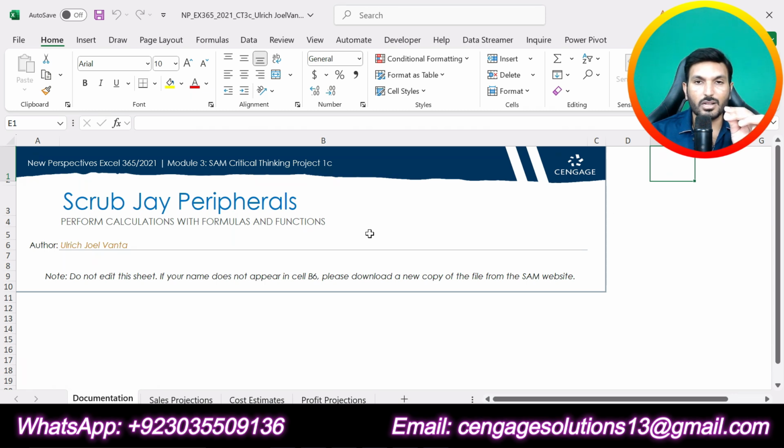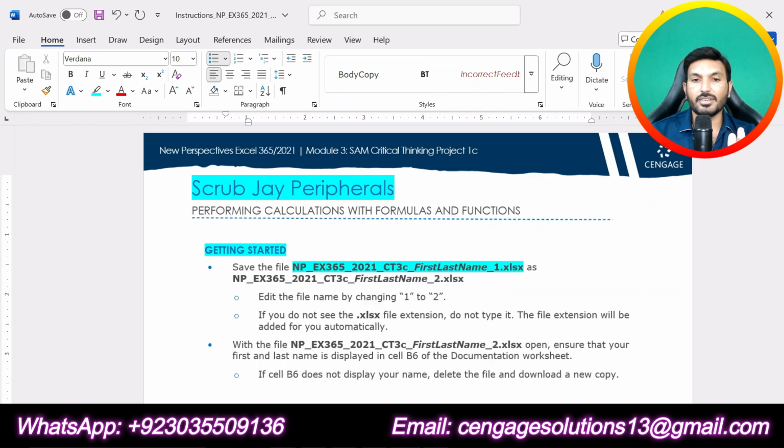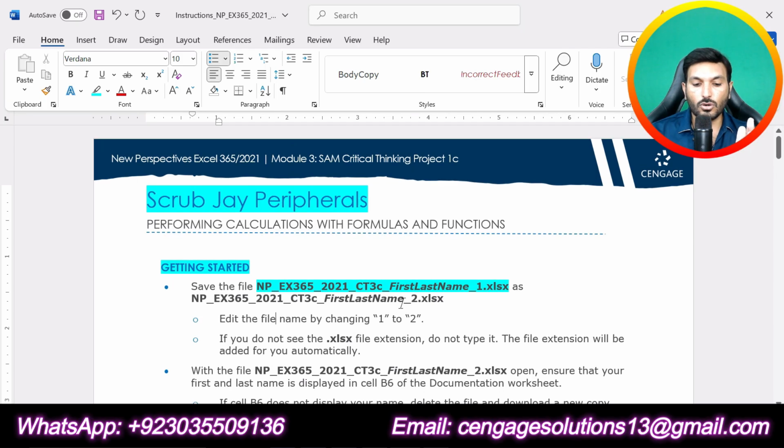We will apply all the instructions and all the steps to this Excel workbook, and we will make this workbook in the final form for the submission. So your first task is to download this file, because all the questions will be solved in this Excel workbook. I have already downloaded it, and you can download this from your course dashboard. Now you can see that there is nothing else to do in the getting started section of this assignment. That is just about downloading the files.